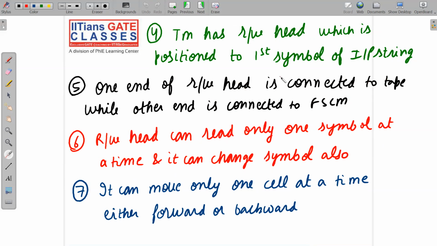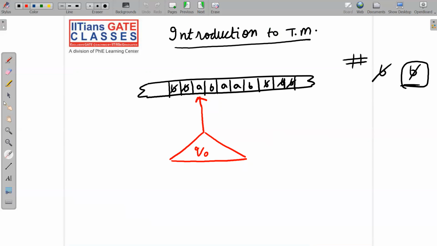One end of the read-write head is connected to tape, while the other end is connected to finite state control mechanism. Okay, next important point: in FA also I have told you that we have a read head, here we have a read-write head. So the read-write head can read only one symbol at a time. Please note it down carefully. It can read only one symbol at a time, and then it will take the decision